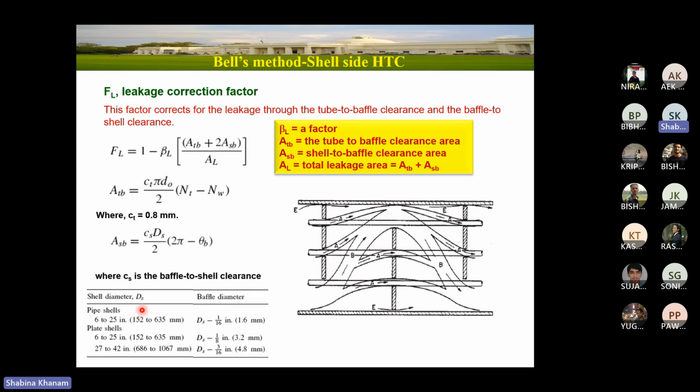Okay, so if diameter permits, you should choose pipe shell instead of plate shell. Accordingly, depending upon the shell diameter, you can calculate CS, you can see the CS value from this, and then you can see ASB. So once I have this ASB,